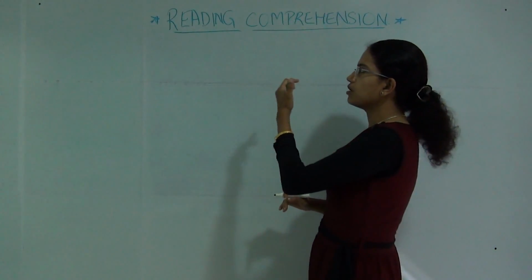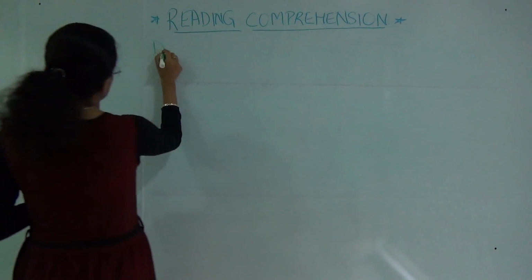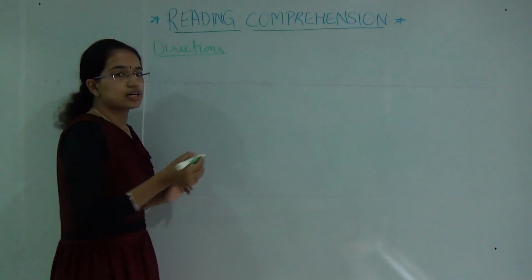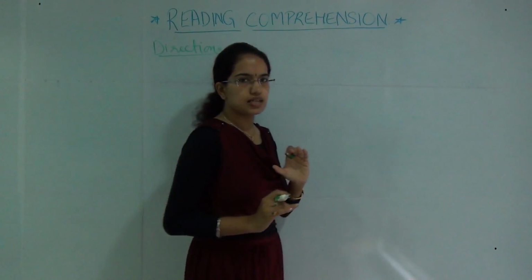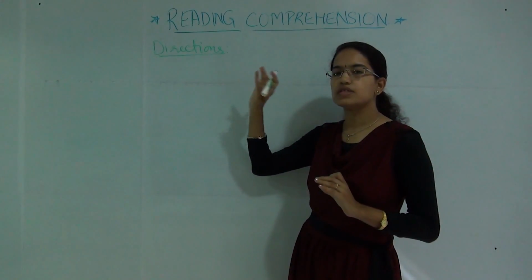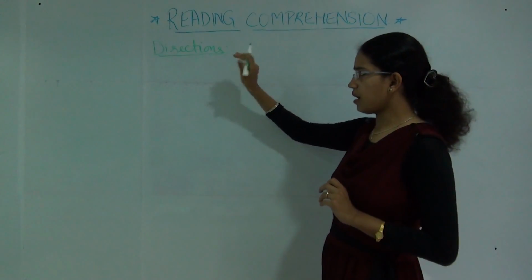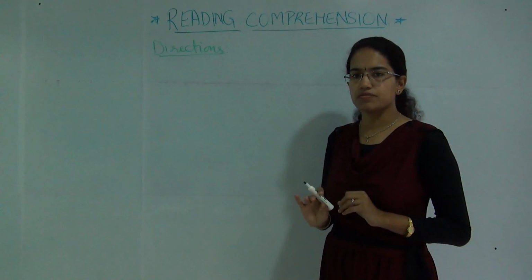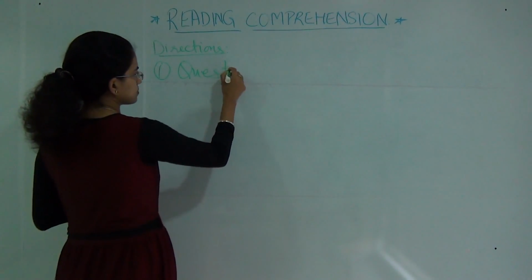Whenever there is a reading comprehension question, there is a set of directions given at the start of the question. Those directions mention a first statement: read the given passage very carefully. What we will try to focus on in this class is what we have to actually do to solve reading comprehension questions very quickly and very correctly. However, the direction says to read the passage very carefully. Our aim here would be to start with not the passage but the questions.